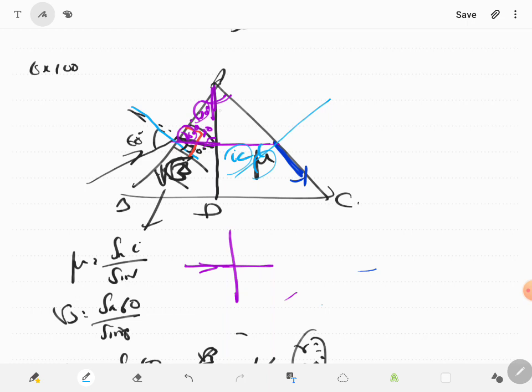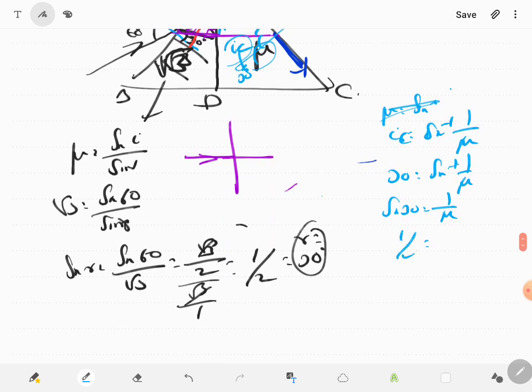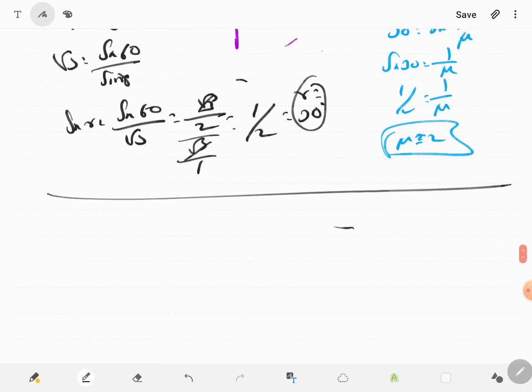Okay, but look at this. This is again 30 degree. This is again 90 degrees. So therefore, this is 60 degree, and therefore the critical angle here will be 30 degree. And you know IC is equal to sine inverse of 1 by mu. And the critical angle is already 30, so 30 is equal to sine inverse of 1 by mu. So sine 30 is equal to 1 by mu. Sine 30 is nothing but 1 by 2, which is equal to 1 by mu. Thus the unknown refractive index is 2. Such a beautiful sum that we came across the other day. So that has been recorded. So let's go to the next question.